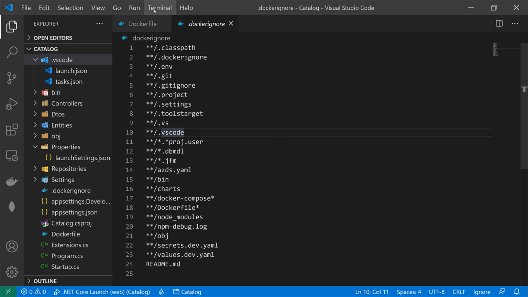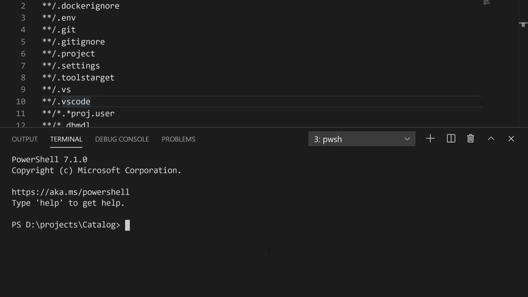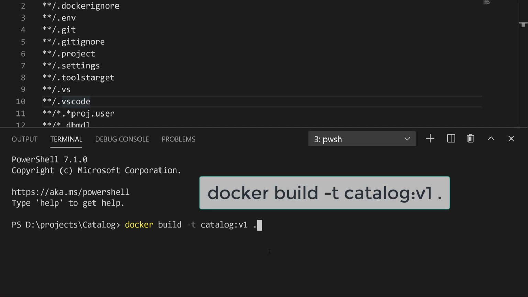So what I'm going to do is just open a new terminal. And to build the image, what you do is just use the Docker CLI. So what we're going to say is docker build. Then you have to specify a tag, the name for the image and a tag for it. So that you do via the -t modifier, and then we will give it a name. The name will be catalog, and then you give it a tag, which in our case, let's say is going to be v1. And finally, you specify the directory from which you're going to execute the command. In our case, that's going to be the current directory, which is specified by the dot. So I'll hit enter,